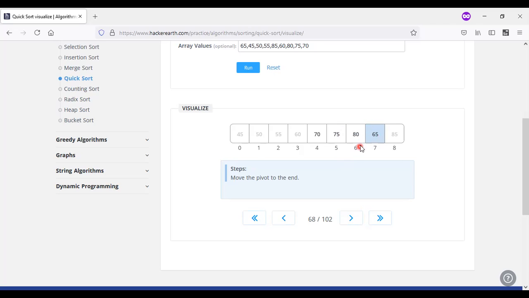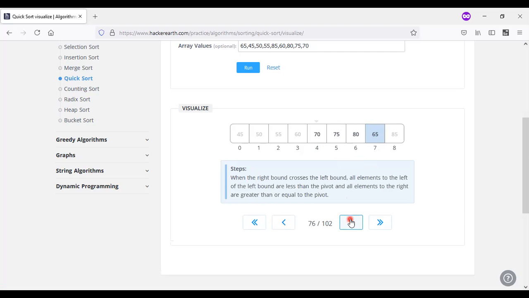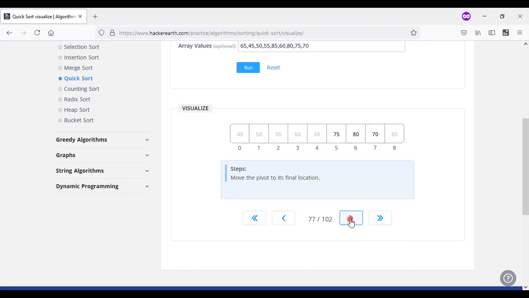And the value we have chosen here is also greater, so there is no left sublist. After reading all the values here, it will reach its one only, and there will be no bound left and no value left here. Just swap the places of the first and the last elements. There is a pivot element and the final location of that one.